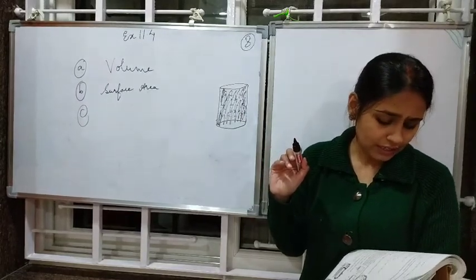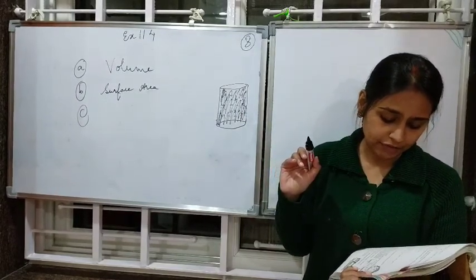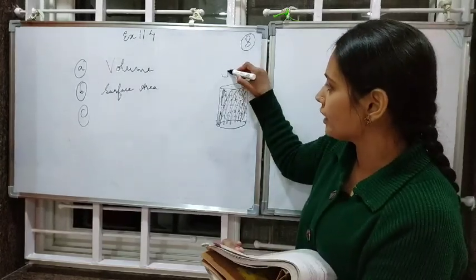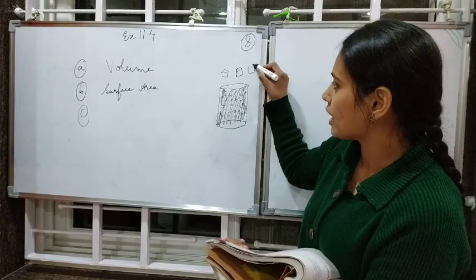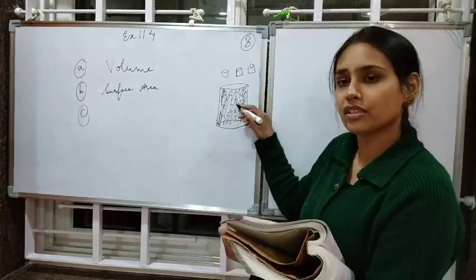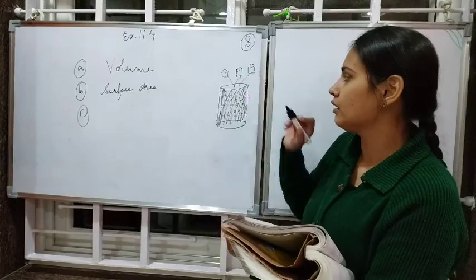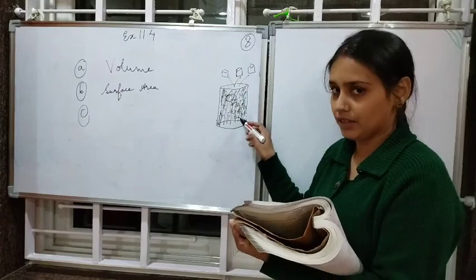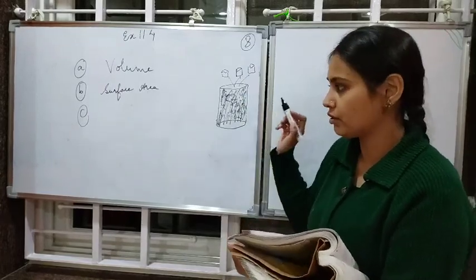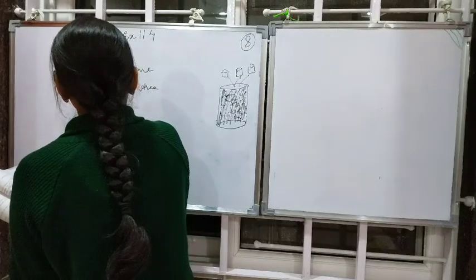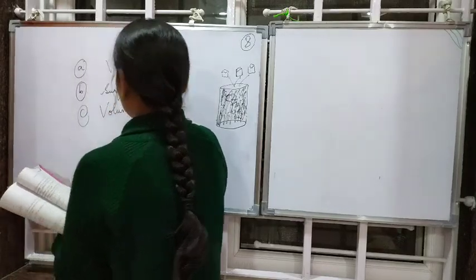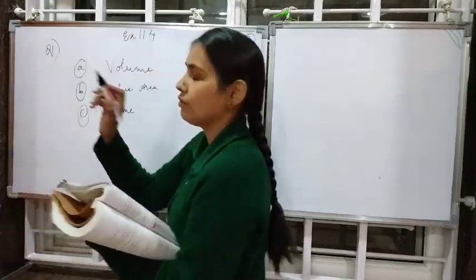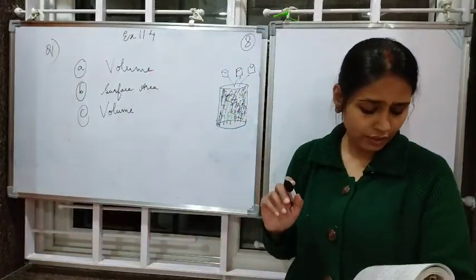Then to find the number of smaller tanks that can be filled with water from it. So the number of smaller tanks which can be filled from the water which is inside. Again, water will be where? Inside, that is the inner space. That means here also we will find the volume. And this completes your question number 1. Then we start with question number 2, children.